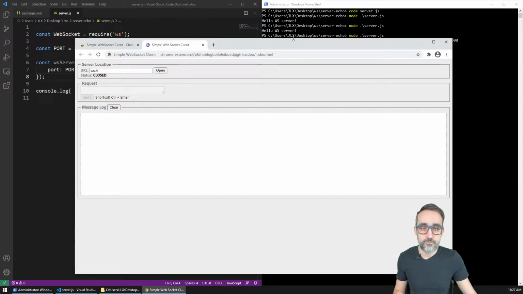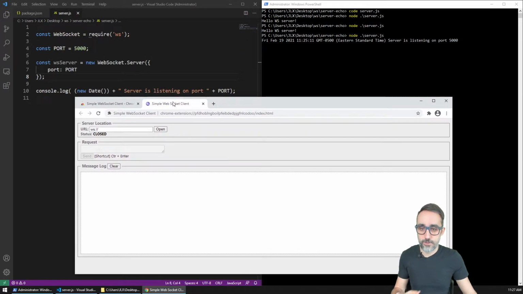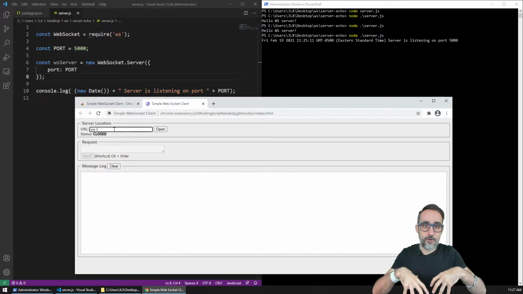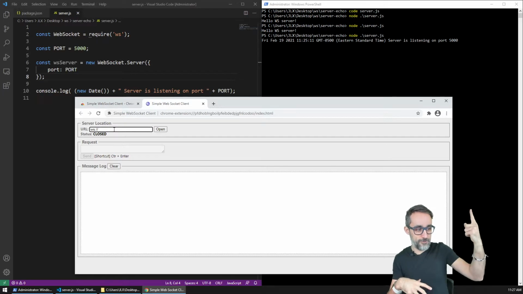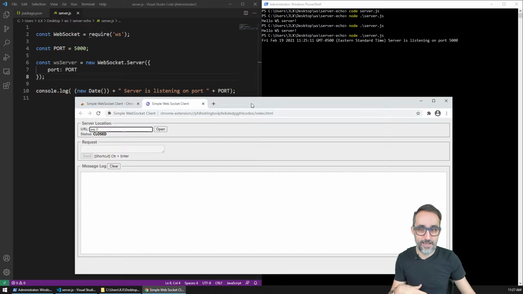Now, if I click on the WebSocket client, I get to this window right here that asks me for some information. So where is that server located? Well, because right now my server, which is this Node application that is running here, and my client, which is